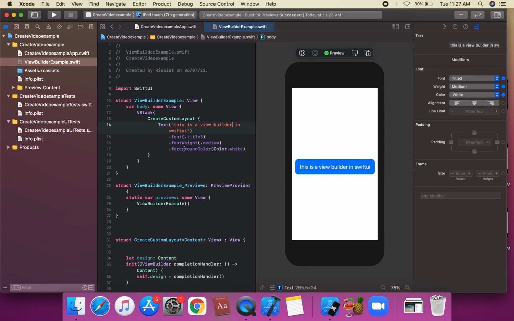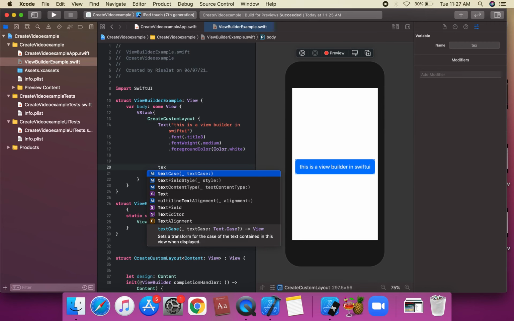So a custom parameter attribute that constructs views from closures, allowing those closures to provide multiple child views, that enables us to combine and compose multiple views within a constraint on the cell. So we can use multiple views, suppose we can use another text.